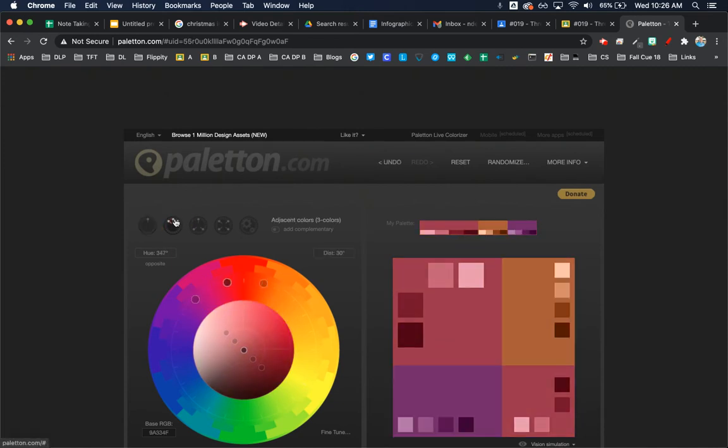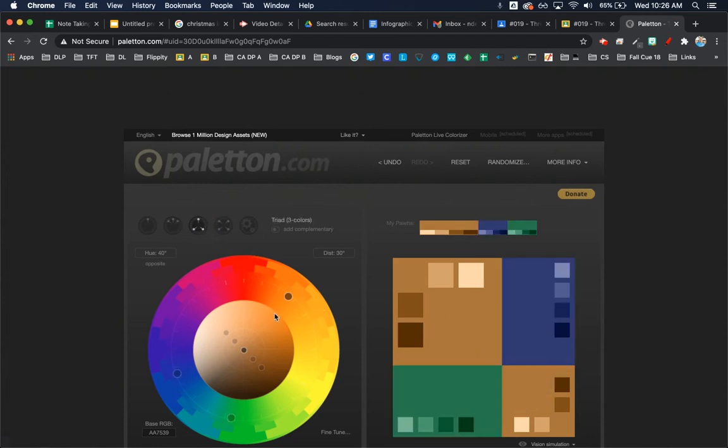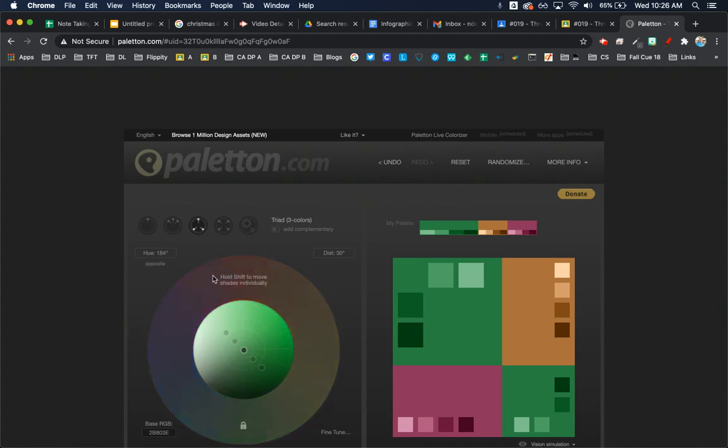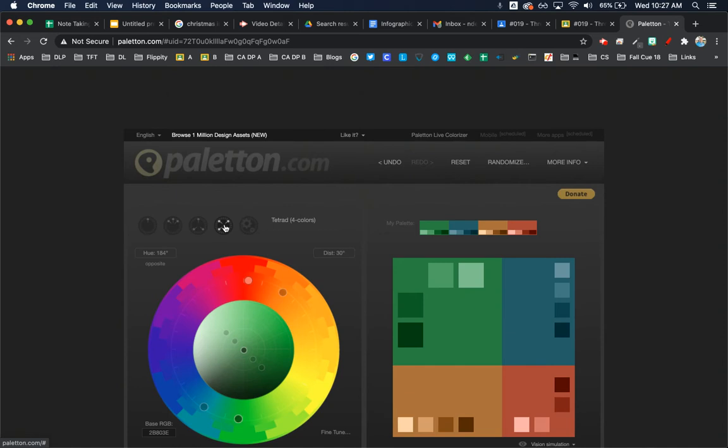Now I could also choose this one right here, which is adjacent colors, and it's going to pick the colors, the secondary colors that would go with this primary color. Okay, so my primary color is in here, and these would be my secondary colors. Now I could do this triad, and you could see here's my primary color, and here are the other ones that would go with it. And I could have a tetrad as well,